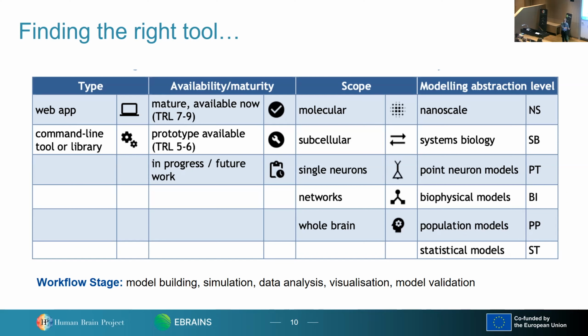The talk, by the way, does not include bodies. So the brain is in the body, which interacts with the environment, but that will be for the next talk on robotics, so I don't cover that here. And then there are also different levels of abstraction. You can be studying single cells at the molecular level, studying how molecules move within cells. Similarly with spiking neural networks, you can have simple point neuron models, or very detailed, morphologically detailed neuron models in your networks. On each of these slides, there are various icons which show you which of these different aspects that tool is addressing.